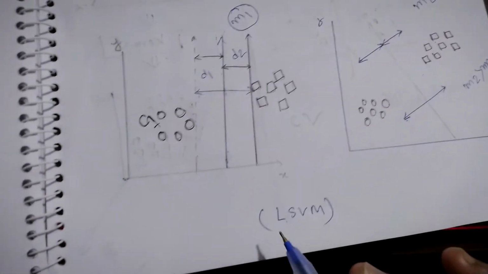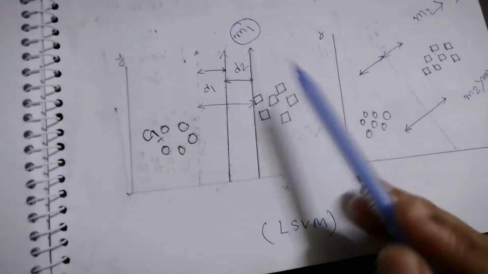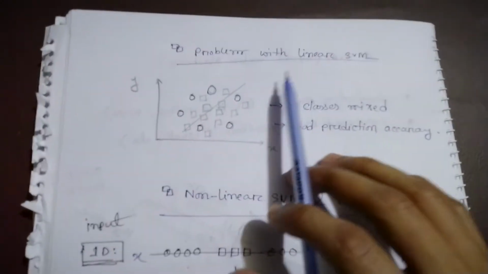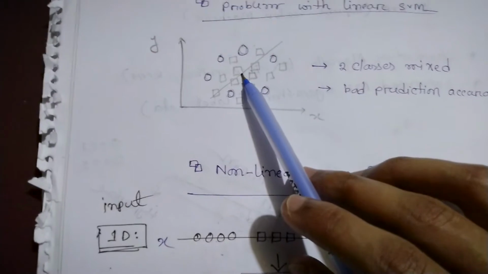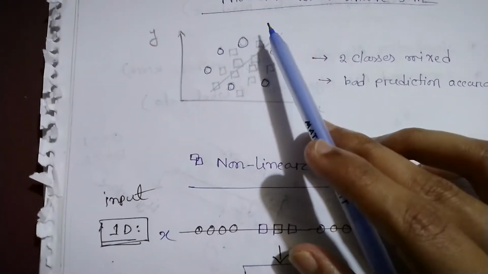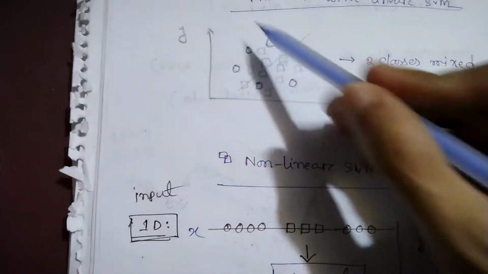Okay, so this is actually the linear support vector machine, where we can draw just a line and it differentiates two different classes. Now let's understand what's the problem with the linear SVM. Suppose our dataset is like this. It is not properly aligned like before. In that case, you just draw a line and classify it properly.